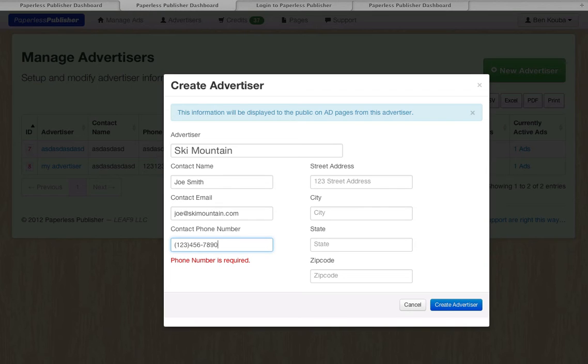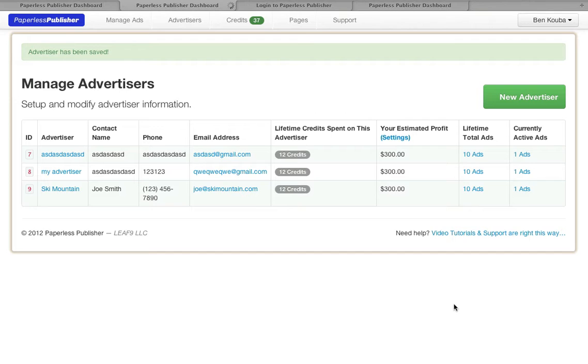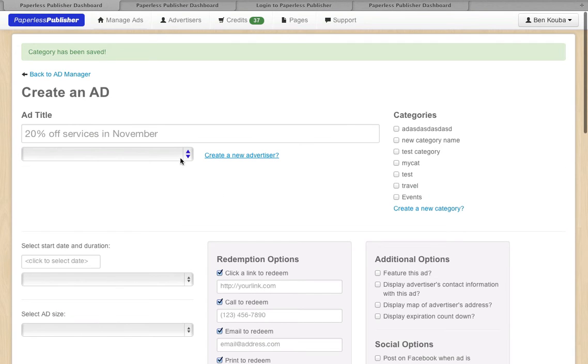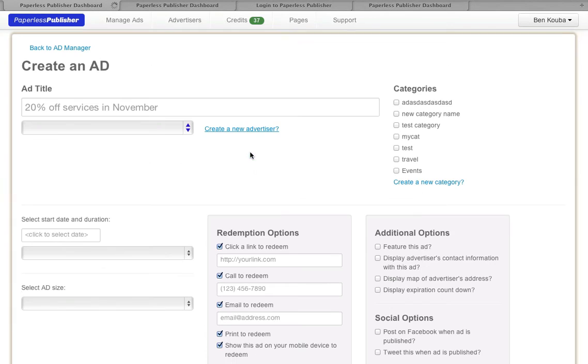And you'll see that the system actually tells you which fields are required, and so I'm just demonstrating the fact that if you don't put all the required info in, you're going to be reminded to go ahead and correct that. Okay, so we created an advertiser, put in their basic content info, and now if we refresh this page when we're creating our ads,